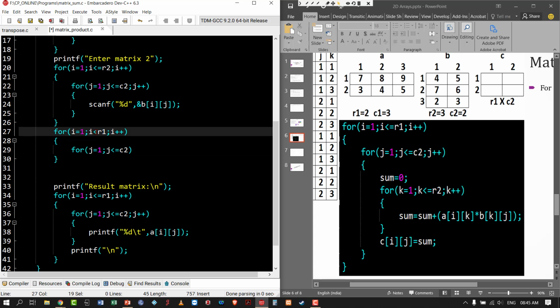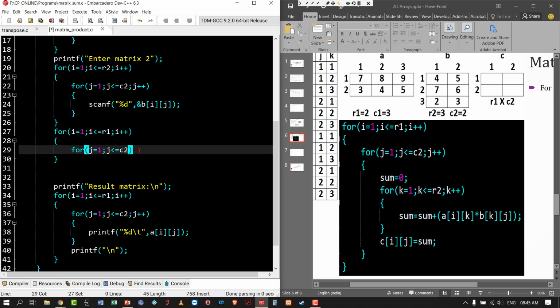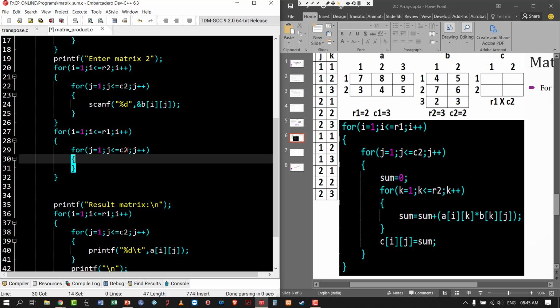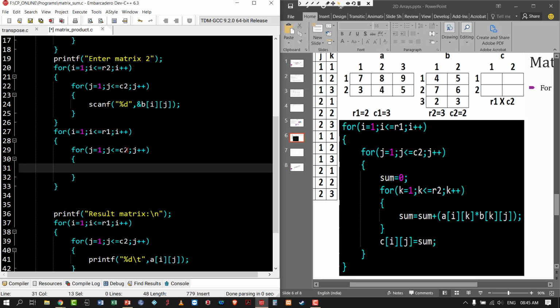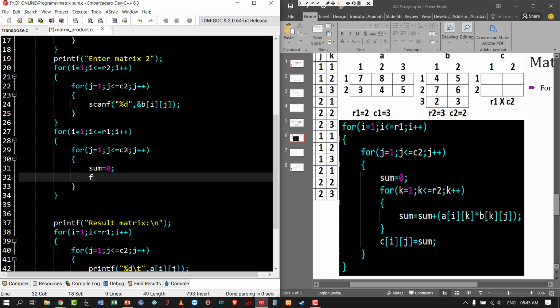Here also there is an equal to symbol. j plus plus, sum equal to 0, for k equal to 1, k less than or equal to R2, k plus plus,